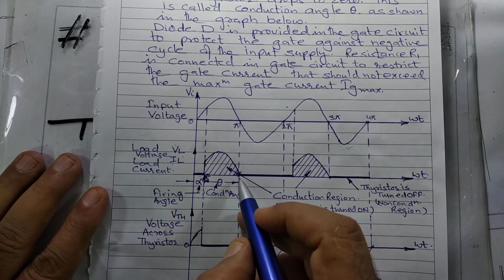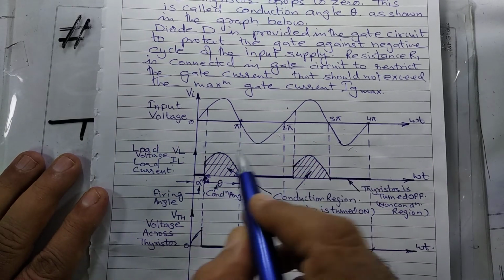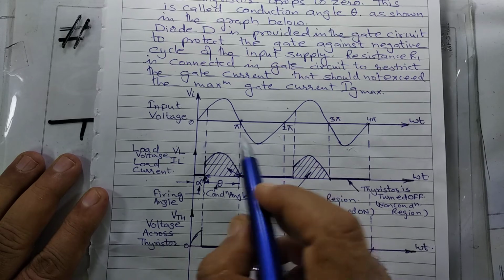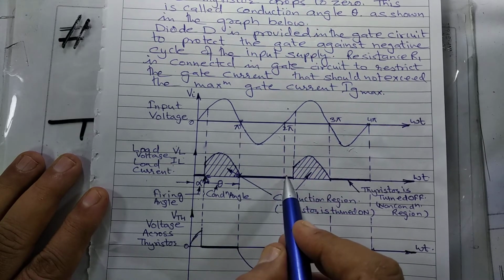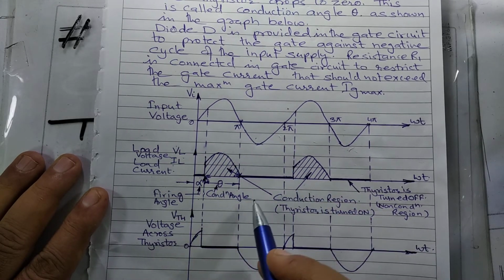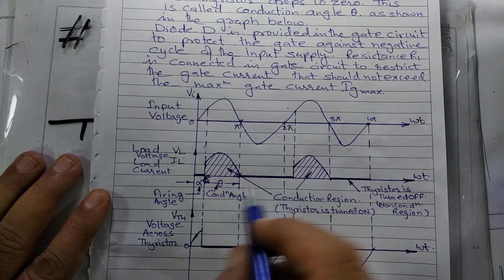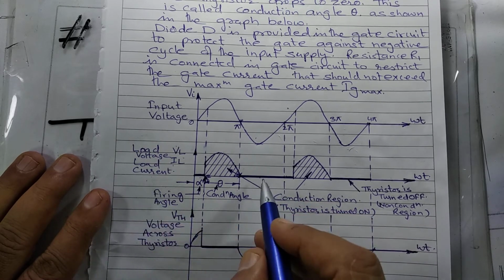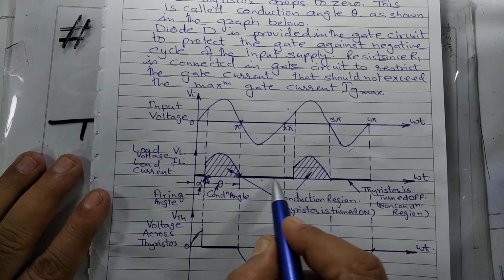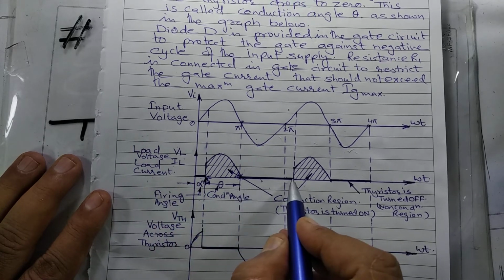At pi, the supply voltage, this is AC, becomes negative at 180 degrees. So the negative half cycle starts. During the negative half cycle, the SCR or thyristor is reverse biased. Therefore, it does not conduct even if we apply a gate pulse onto the gate. Therefore, at this point, it remains off. Therefore, VL is equal to 0, IL is equal to 0 during this condition.